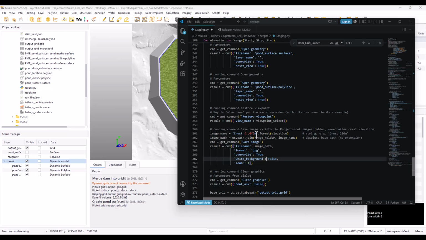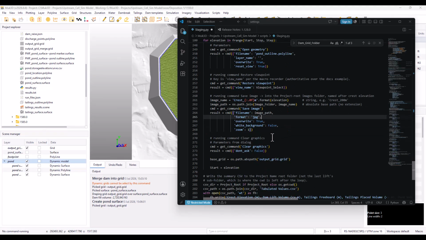The images are all going to get published to the imagery or the images folder. The files are going to get named crest underscore whatever elevation we're at, crest-wise, and then we're going to add meters at the end. A little inconsistent with my current project that's working in feet, but that's quickly updatable within the script. After the image has been saved in the images folder with the appropriate name, I'm going to clear the graphics